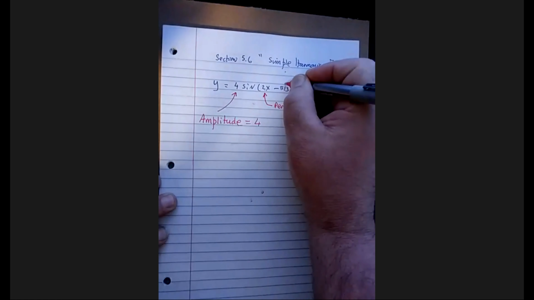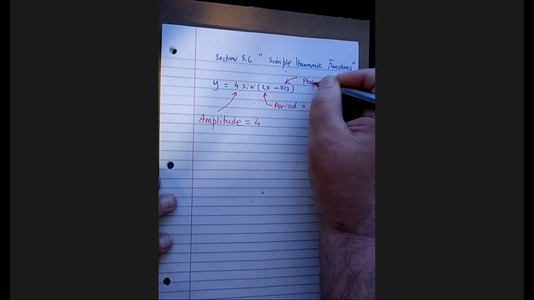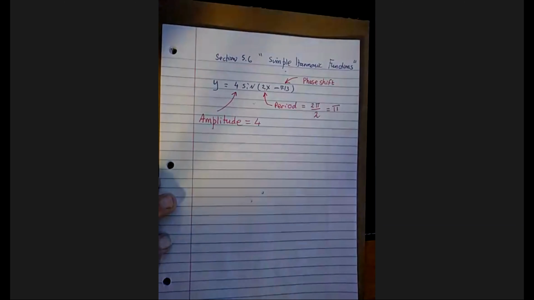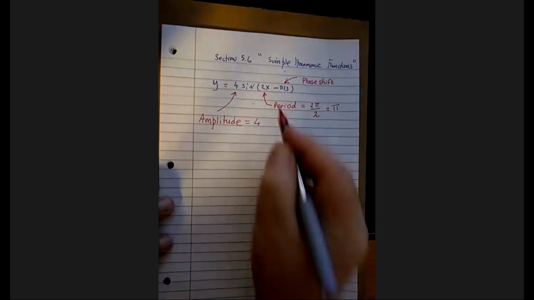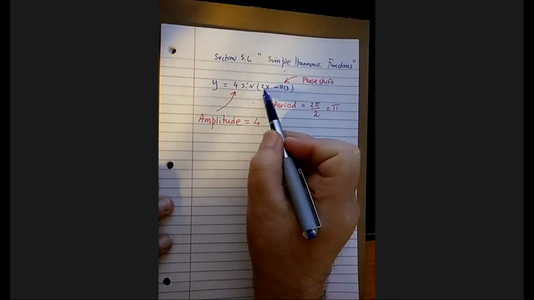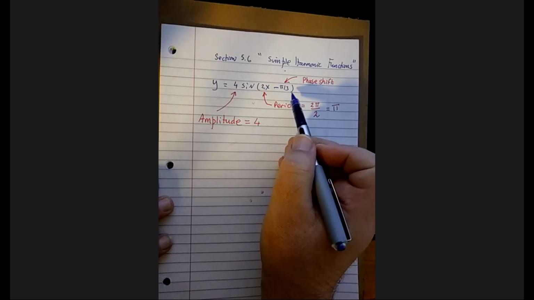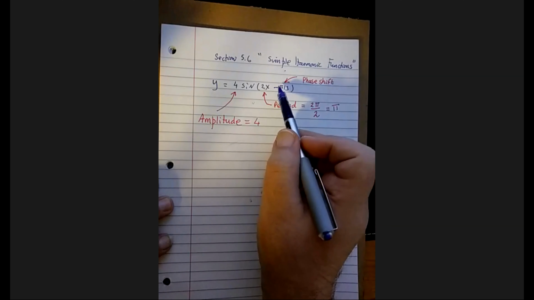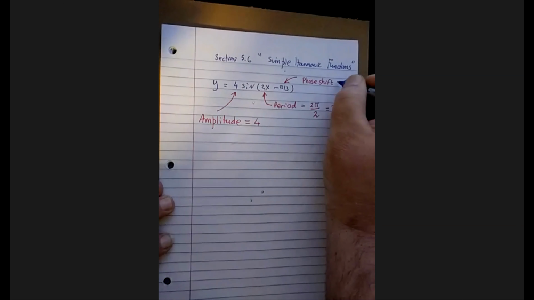And then we've got phase shift. Now, phase shift is a little bit less clear because there's 2 versions of how you write one of these functions. One of the versions looks like this: 2x minus pi upon 3. There is no factoring going on. It's just a pure 2x, 3x, 5x, plus or minus a pure pi, pi upon 4. When it's got that form, you can get the phase shift